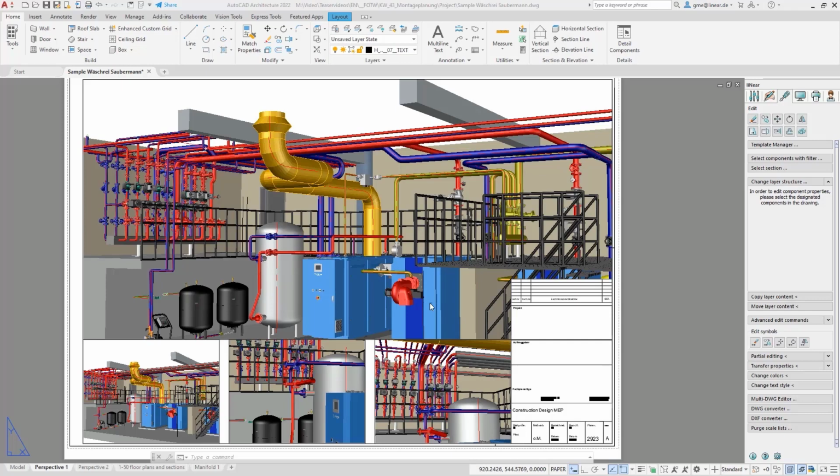After finishing your detailed construction design, the next challenge is to prepare the results in such a way that they can be implemented as easily and error-free as possible on the construction site and, if necessary, also in the pre-assembly. We will now take a look at how to create installation plans directly from the model with the linear solutions